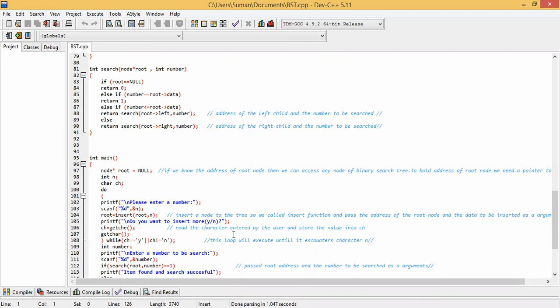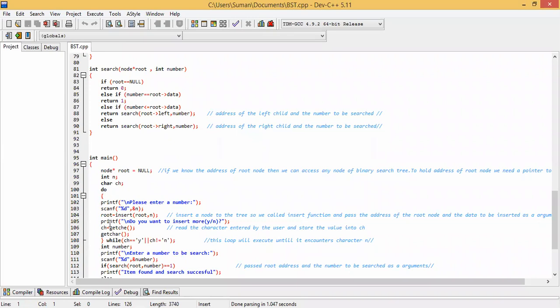This function will read the character entered by the user and store the value into ch, meaning whichever character we give, yes or no, getche will read it one by one and store it into ch. That's why I have used the character variable ch, because this variable takes the value we insert.